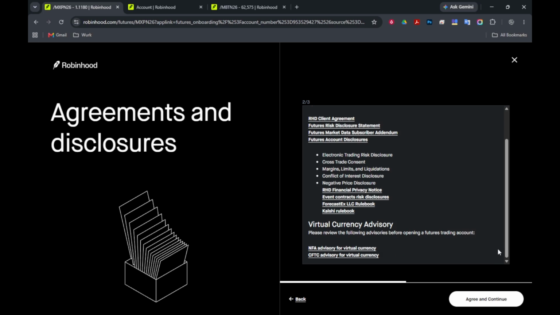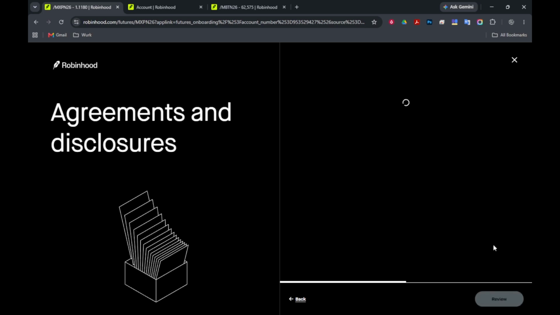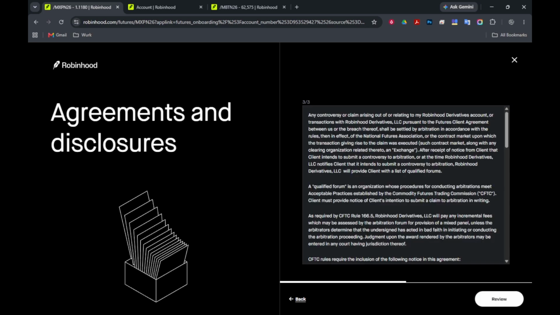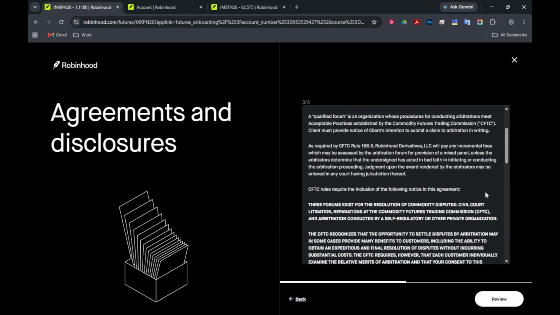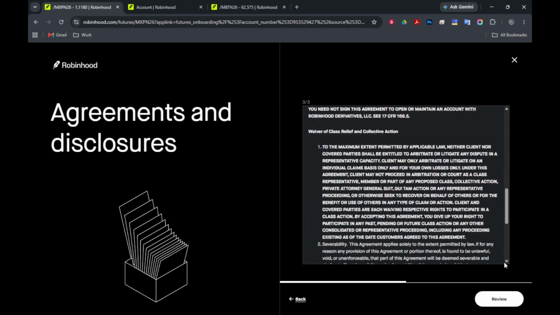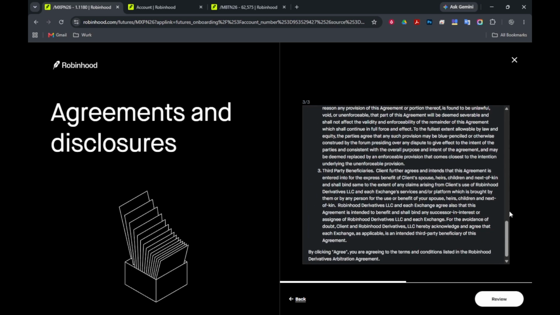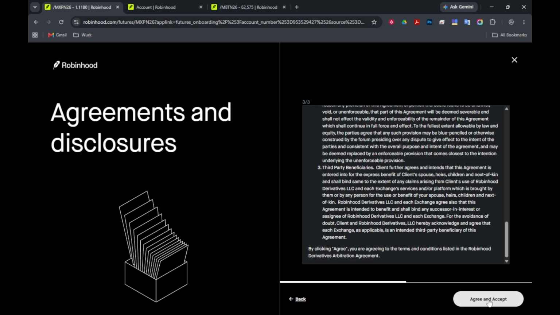After you receive approval, it's time to fund your account. Deposit the necessary funds into your Robinhood investing account. Remember, Robinhood calculates a separate futures buying power amount for futures trading. This allocation is critical as it determines how much you can trade in futures, separate from your regular investing funds.